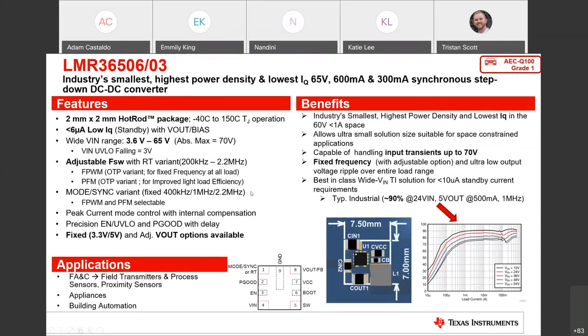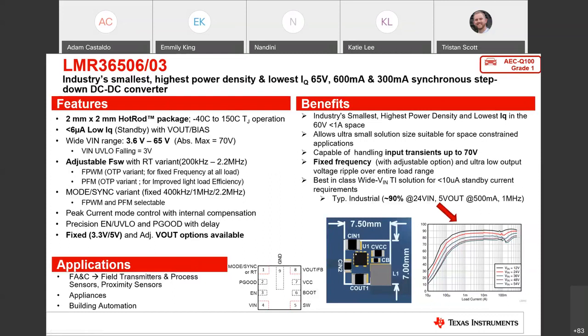It has low IQ. In terms of features, it has adjustable switching frequency, which is probably the most important. So you can play around with what switching frequency is going to provide you the best sweet spot in your design. Maybe you really don't have that much space at all, and you need to operate right at 2.1, 2.2 megahertz, so you can select the smallest inductor. That's going to give you the smallest total solution size and really gives you that flexibility in design, or maybe efficiency is more important to you and you're going to operate a little lower.